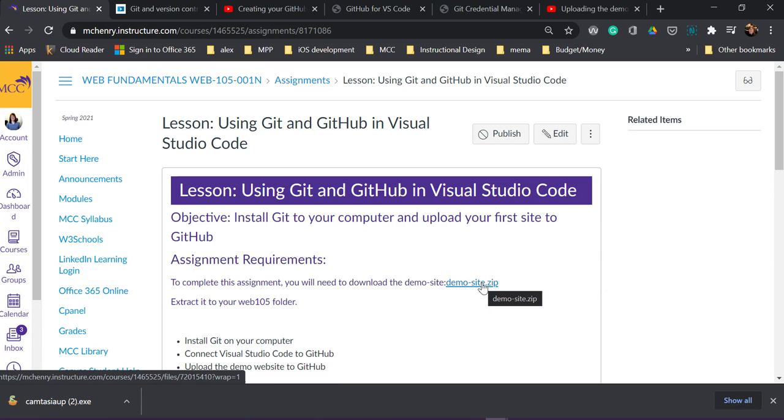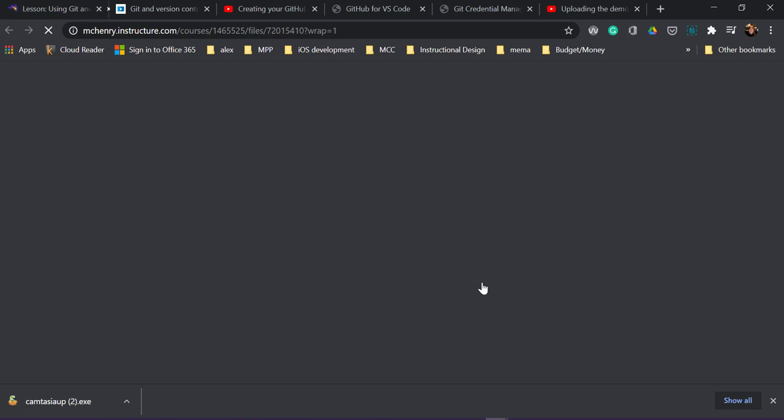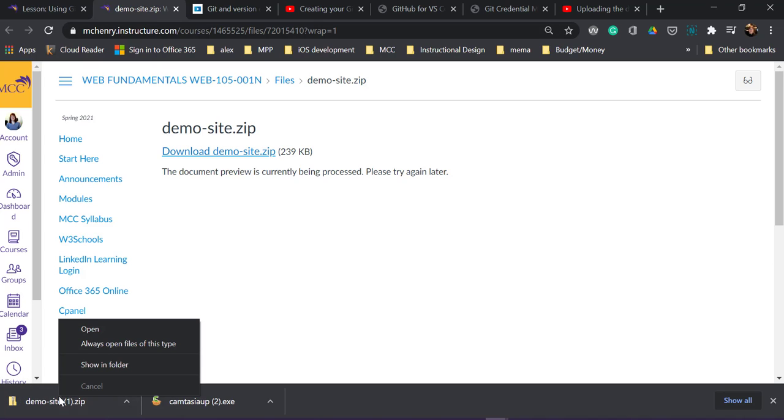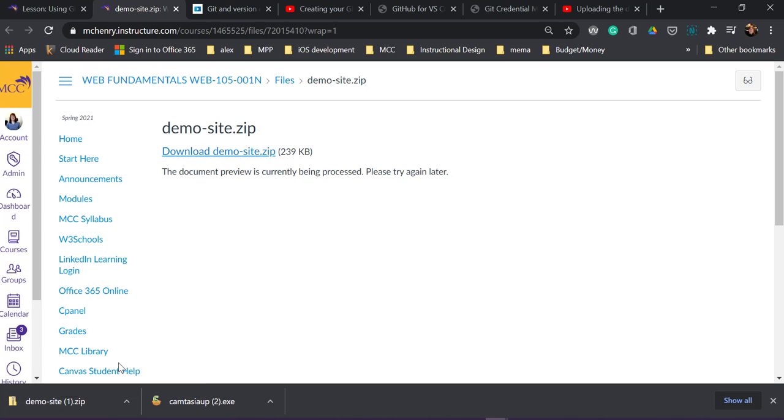You'll need to click on the demo site zip, and then you can download this, and it should end up in your downloads folder. I've done this more than once because I'm practicing. So I'm going to show in folder,